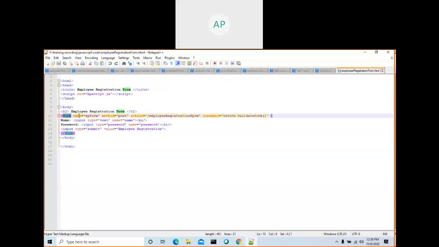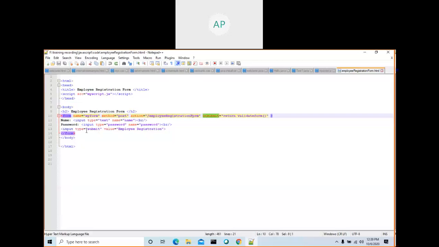So this one has a form. For this form, we are giving one name. Why are we giving a name? We give a name only if I want to access this form by using JavaScript. I can use this name. Method equal to post, I will also explain when I explain servlet action. When you submit, where should this request go? This request will go to the server, or if you are running a static project in our browser, in our Windows itself, then it will go to the next target HTML, whatever you want.